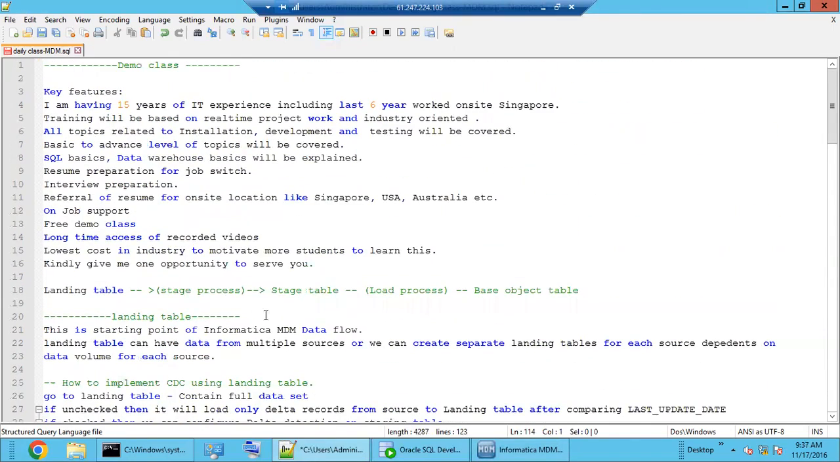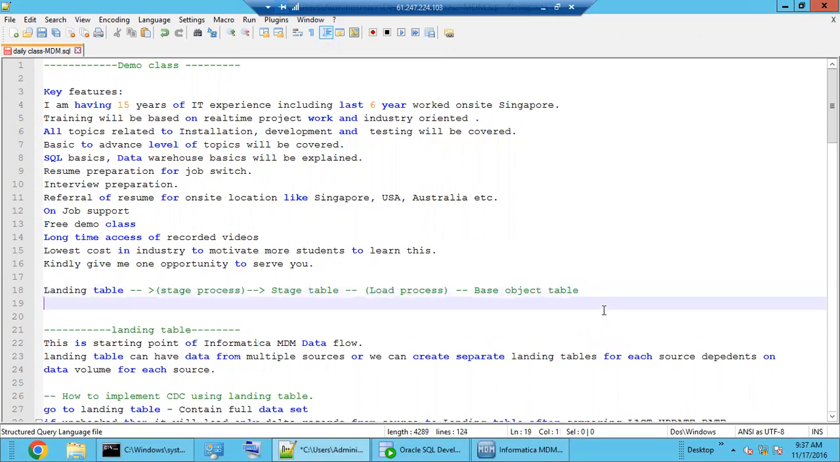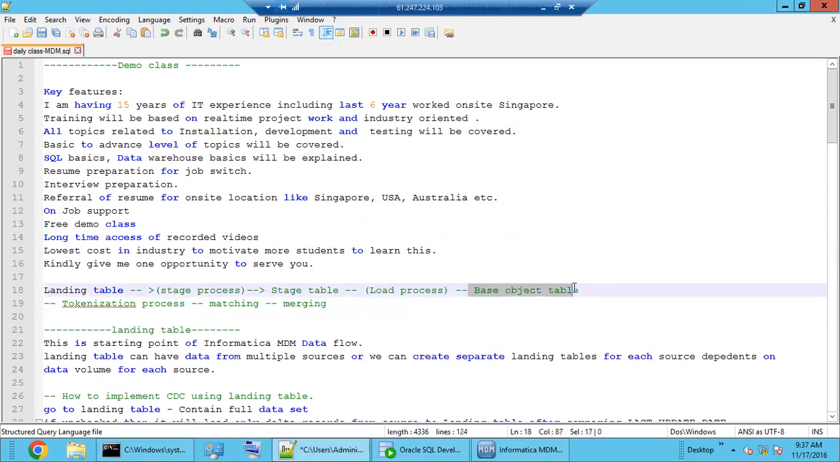Let me write here in the starting. Once we get data in the base object, then from the base object, the tokenization process starts. Then we will have a process of matching. Then we will have a process of merging. So what will happen once we get the data in the base object, and once we do this tokenization,